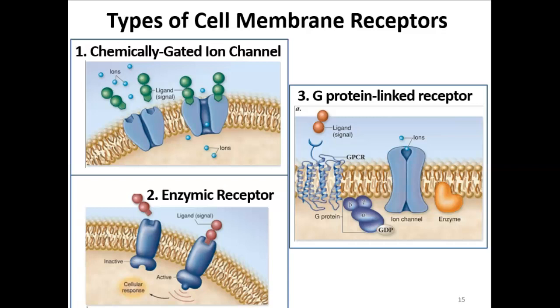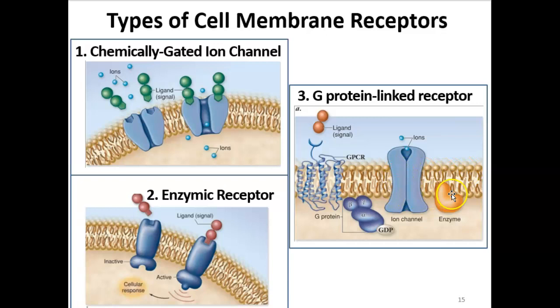The last type of cell membrane receptor is called a G protein-linked receptor. And I know that's a mouthful, but it does explain exactly what its structure is. So this loop-de-loop protein through the membrane is the actual receptor that the ligand binds to. Next to it is a G protein. When the ligand binds to the receptor, the G protein is activated. Once this G protein is activated, it can move over slightly, and it will have an effect on any nearby